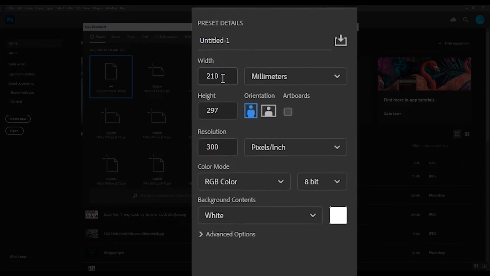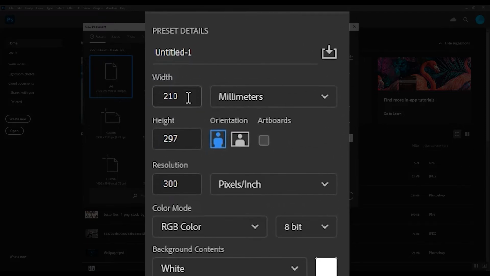If I want to create, say, a 13 by 19 inch document, all I need to do is set the width to 13 inches and the height to 19 inches. I am using inches here as an example, but you can click the measurement type box and choose other measurement types as well, like pixels, centimeters, millimeters and more. To change the orientation of the document, click either the portrait or landscape buttons. This swaps the width and height values as needed.